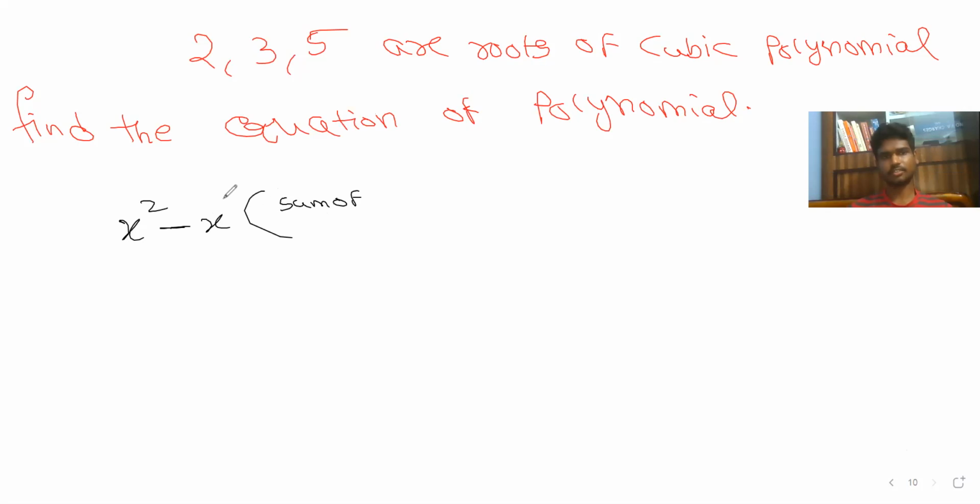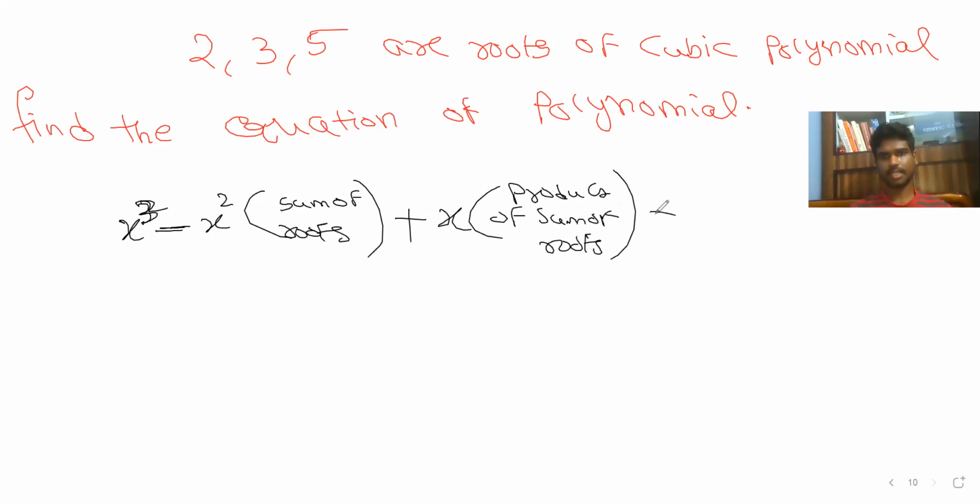First, this is the general form. So it is x cube, the highest power, minus x square into the sum of the roots. See, it is plus, minus, plus, minus. That's why you're getting minus over here. Sum of the roots, again alternating, that's why plus sign, x into the sum of the products of the roots, minus the product of the roots.